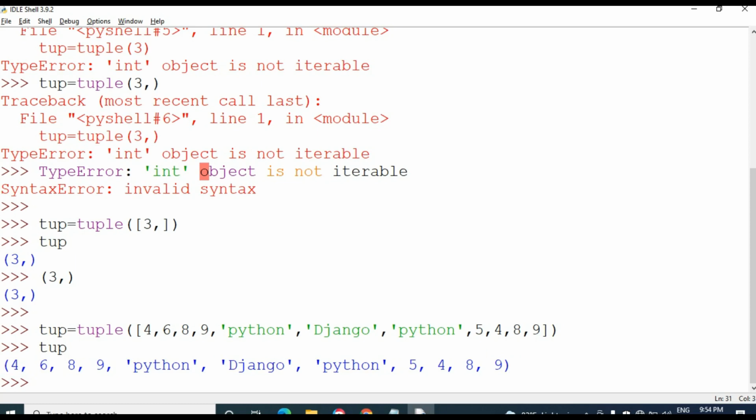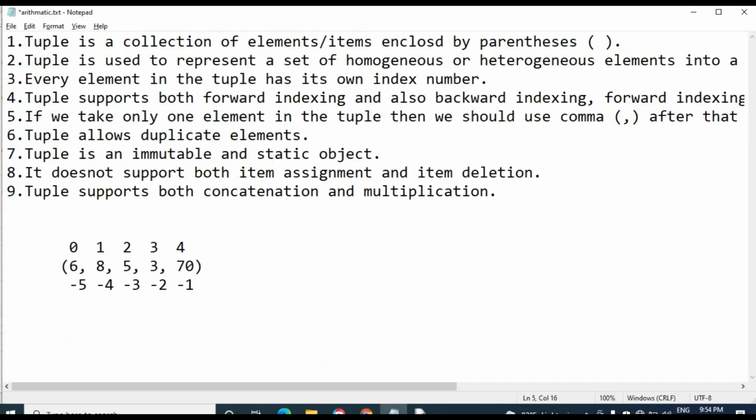See, all the elements have come. Here 4 has repeated twice, 8 has repeated twice, 9 has repeated twice, Python has repeated twice. The tuple allows duplicate elements.